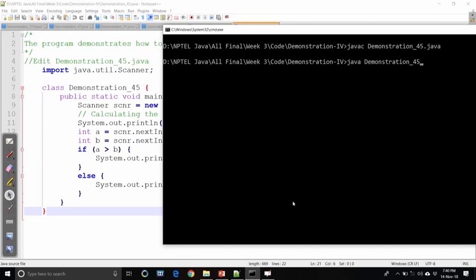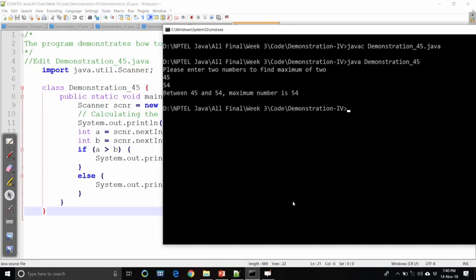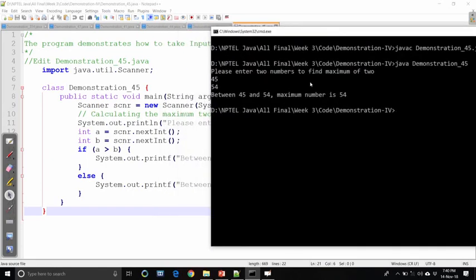Okay, now we are giving two inputs. So, let us give 45 then 54, enter. So, here you can see the result that will be printed here like this one. That means it read two numbers successfully, and the two numbers it basically compared, and then the maximum number is printed there. So, this is an alternative way to command line input that we have discussed, and some people find it easier and more convenient for their programming.